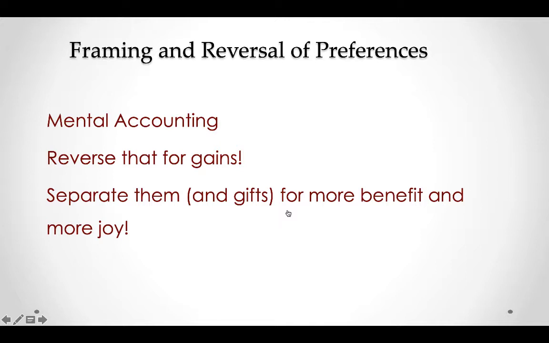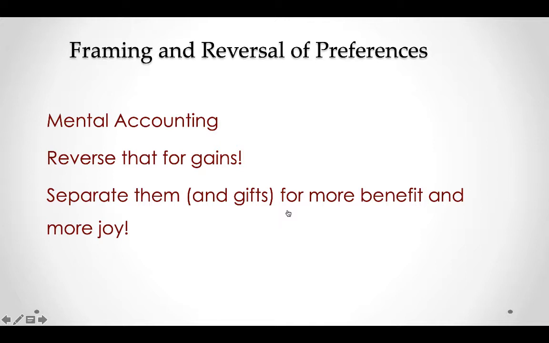Now, if you go back to the value curve, you'll see that from 0 to 100 is a steeper curve than from 100 to 200 because of the diminishing return of the value curve. Same thing for losses, right? So you experience the same loss, which is steeper for twice $100, which add together, they feel worse than one loss of $200.